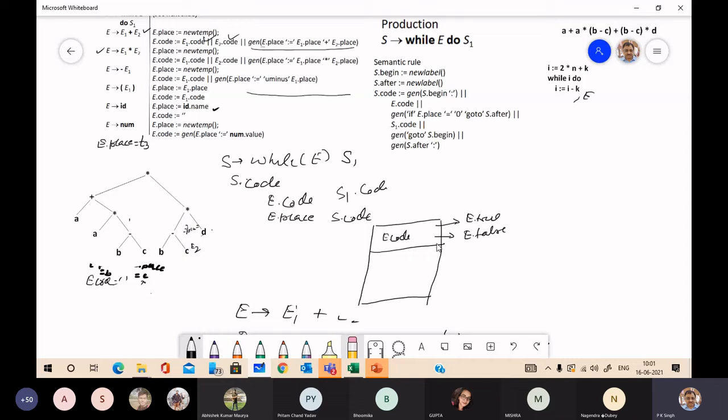Here you may have S1 code. And here you have to go to S begin.